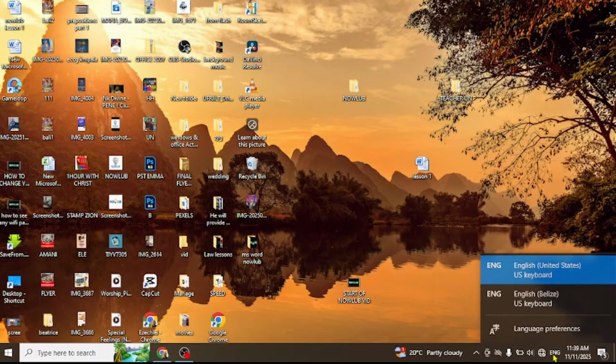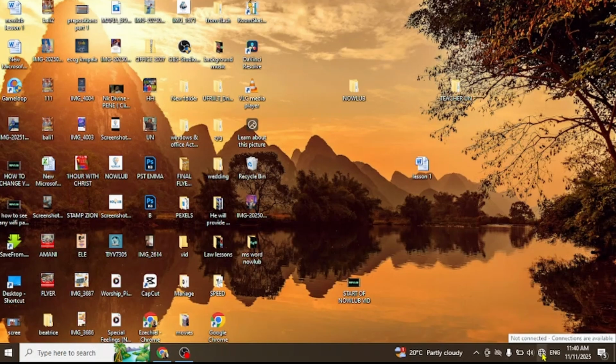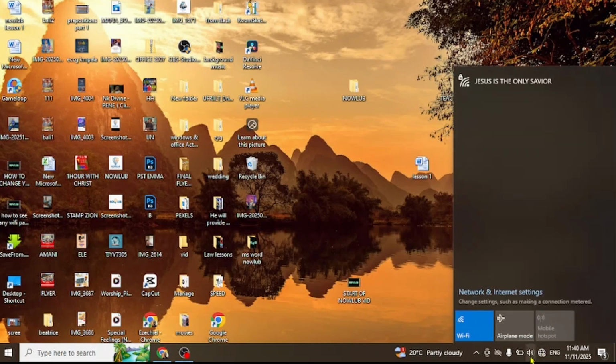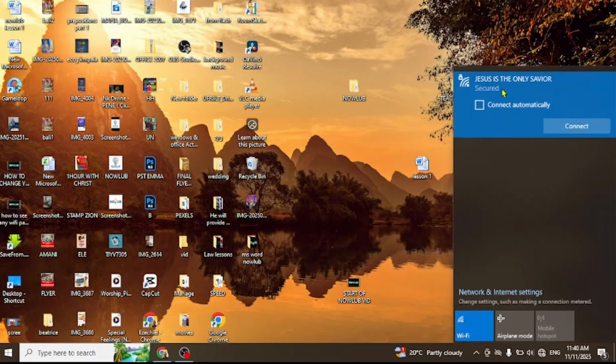So if you want to connect your PC to the Wi-Fi, you come here, you see this icon here, click on it, and then yes, here they say Jesus is the only savior. This is the name of the Wi-Fi which is available, but all the names of Wi-Fi which are available will come here, and then you will choose the one you want to connect to. But let me not connect because I don't need any